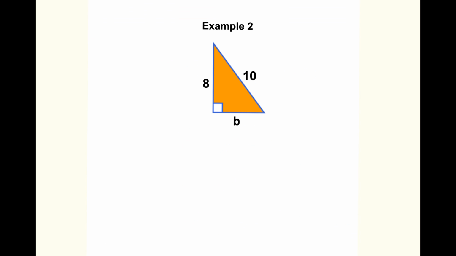Here's a second example that I want you to write down as I go through it with you. So you can see once again, we have one of the legs. We do not know the other one, and we have the hypotenuse. So using our Pythagorean theorem, a squared plus b squared equals c squared, I'm going to plug in the values